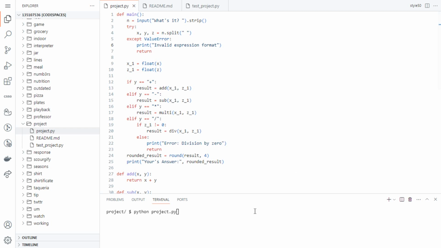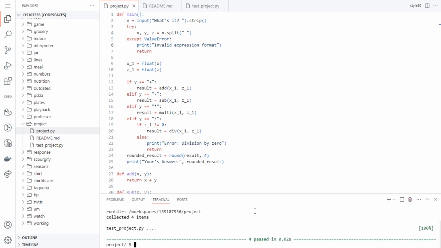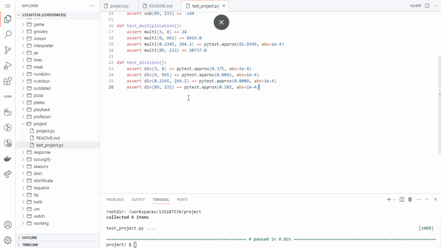Firstly, I have to use a PyTest test that is also recommended by Harvard. I have passed the four tests I have created. These are the four tests,